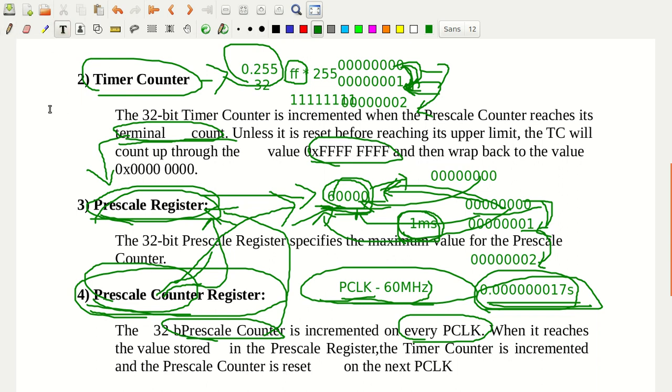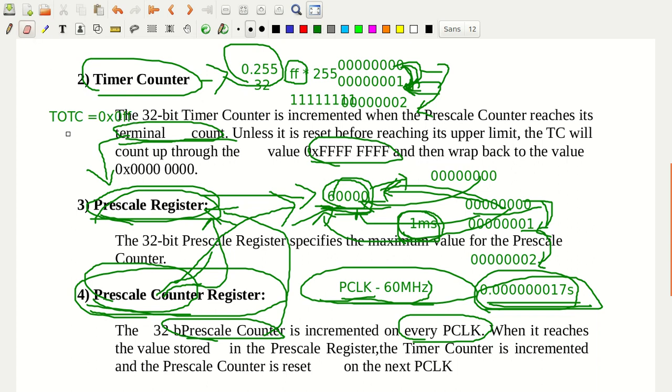Maybe we shall see that in the program, like the T0TC value, T0TC equal to 0x0FF. Sorry, this is 32 bit, isn't it?